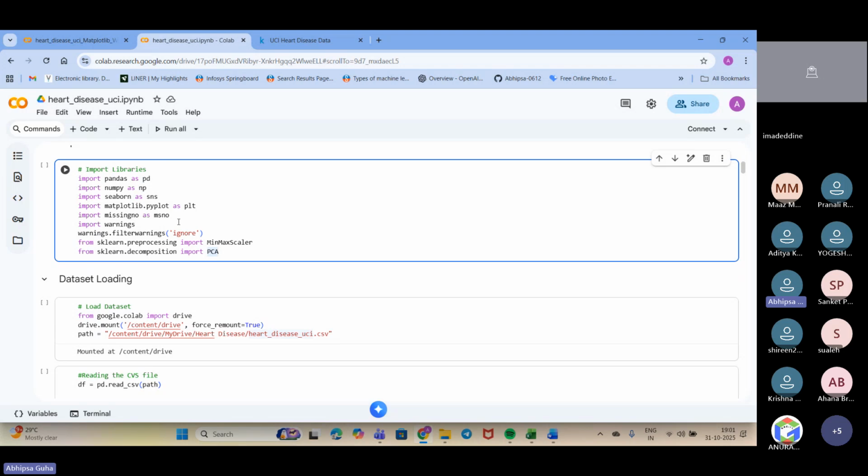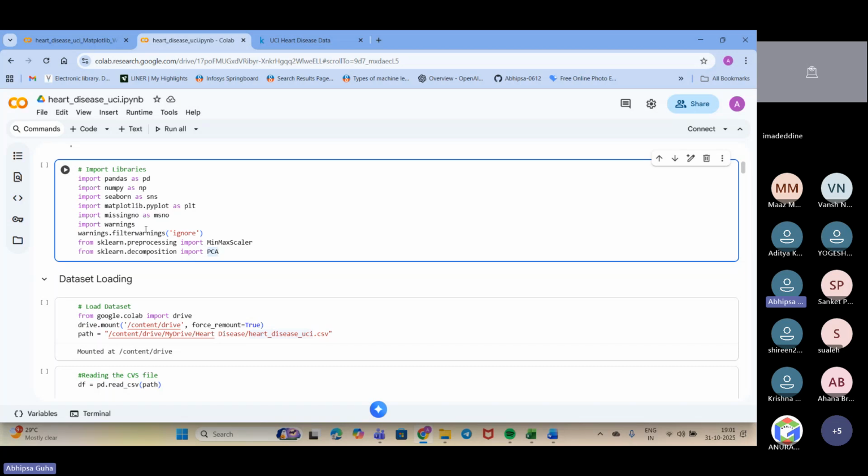Next, we have used the missingno matrix, msno. Why are we using it? This is the library that is used to visualize the missing values in my data set. And warnings we have used to switch off any warning signs, it is an inbuilt Python module actually. When we are doing any analysis or modeling in Python, sometimes it shows some non-critical warnings that don't matter to us. That's why we take it, because we need to ignore those.